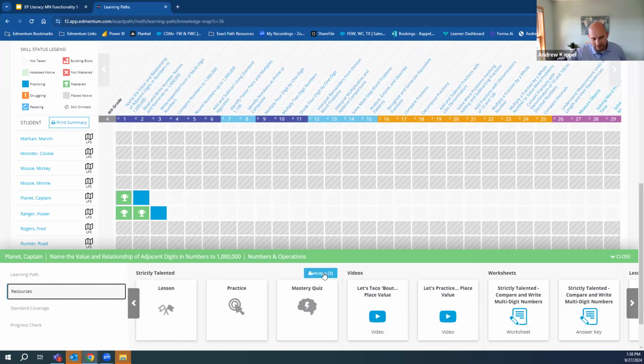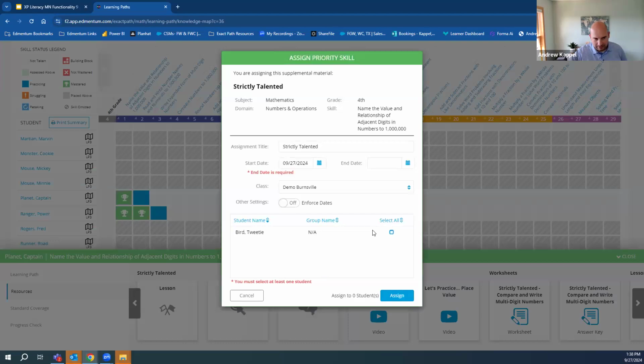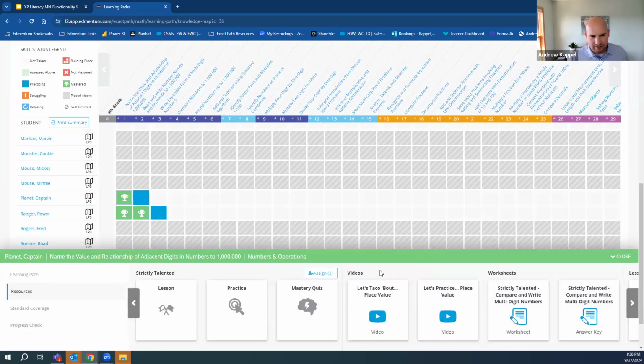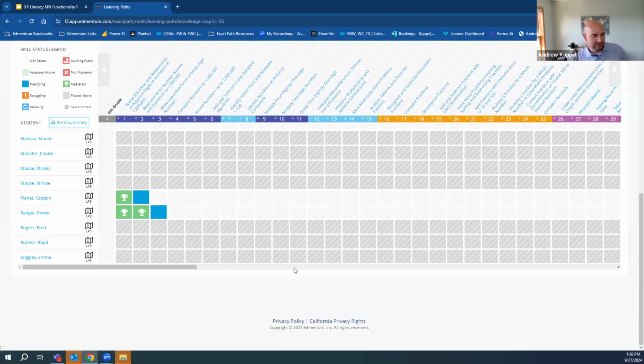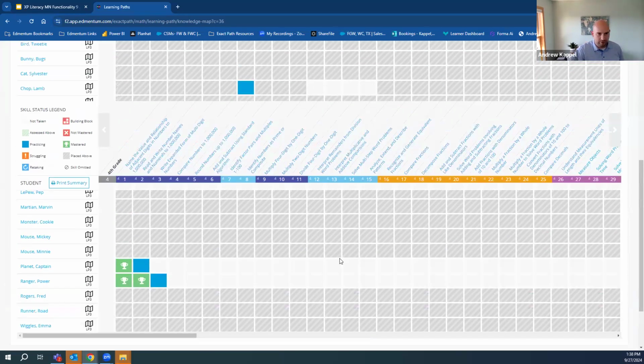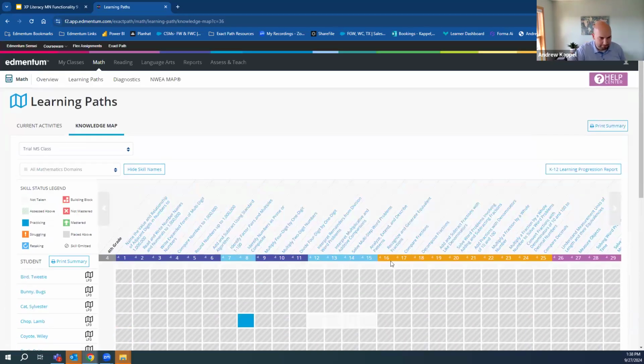You could assign that from here directly to that student so that they were good to go. And this would pop up as an assignment, similar to a flex assignment, if you're familiar with that within the courseware piece. There are also some different worksheets and printables around that skill. So another great resource for you as you think about where your kids are at and what they need.